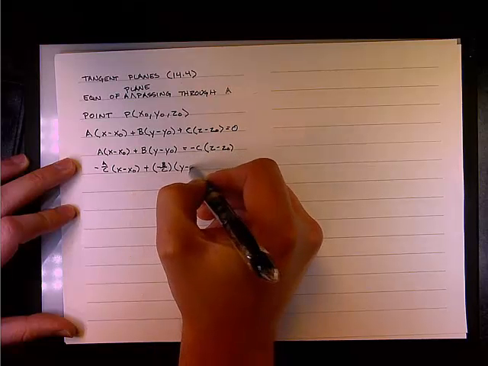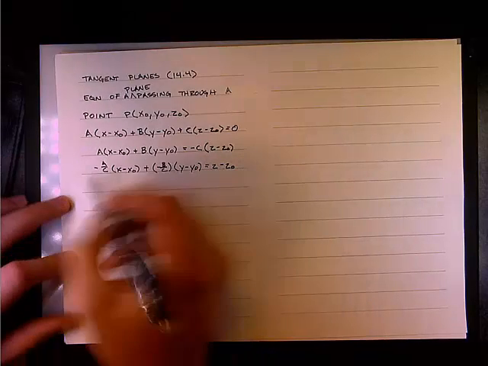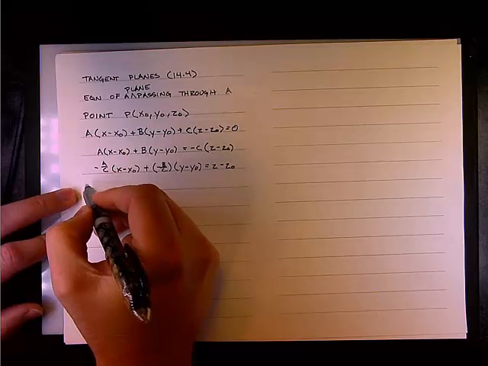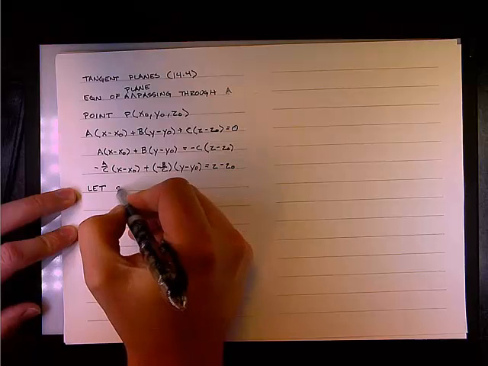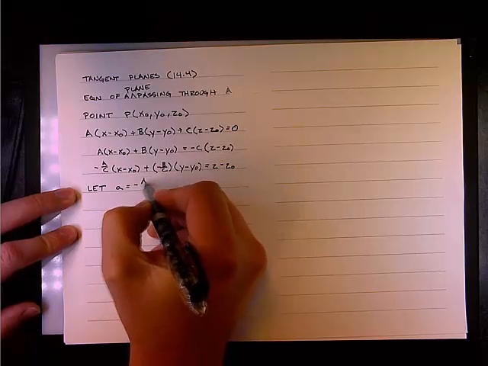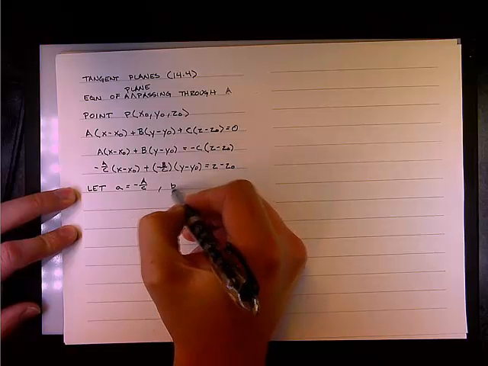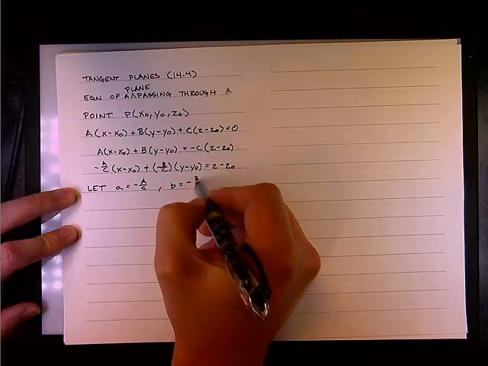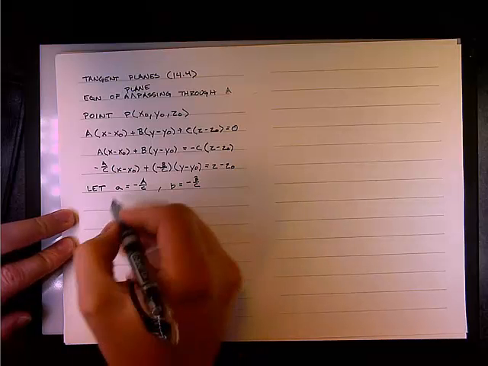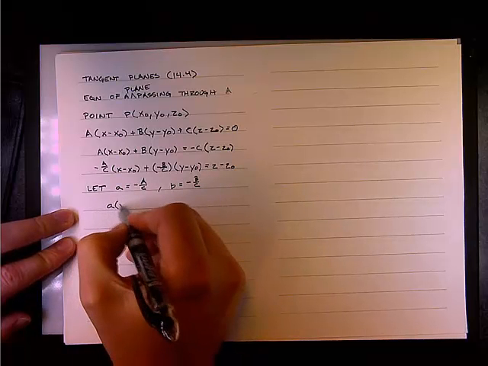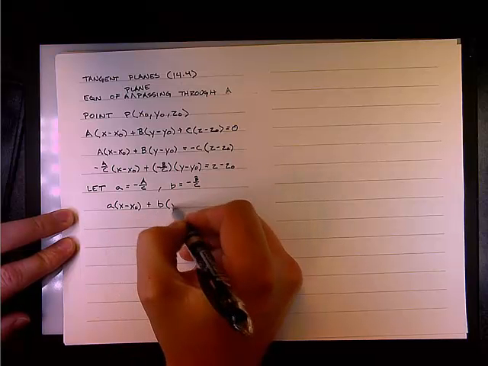Now we're going to do a variable substitution here, and we're going to let little a equal negative A over C, and likewise let little b equal negative B over C. So substituting that in, our new equation is going to look like this,